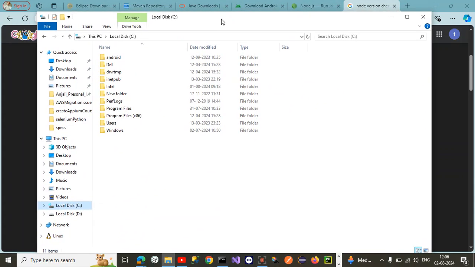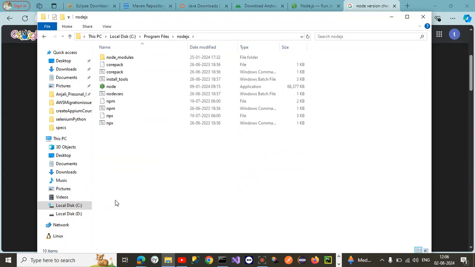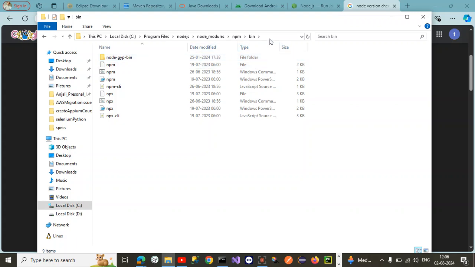To find the path, go to the local disk C, go to the program files, and here you will get Node.js. Open node_modules, then npm, then the bin folder, and that's your path.